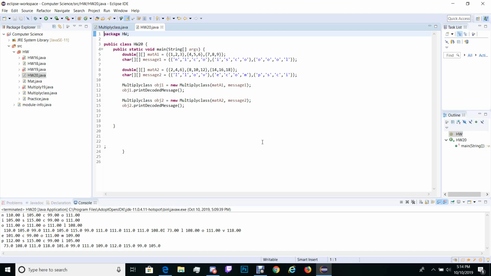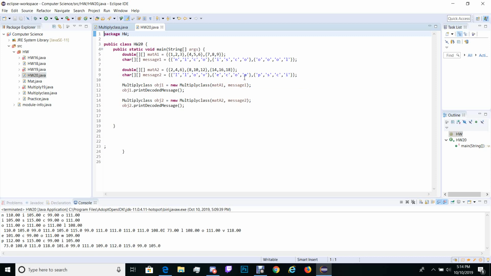Okay, so here's my starting code. As you can see, I have a mat A with matrices with different numbers plugged in with a message, and then mat A2 has more numbers in a matrix C, and I have another message. So basically, I'm creating an object with another multiply class, which I'll get into in a second, that does a